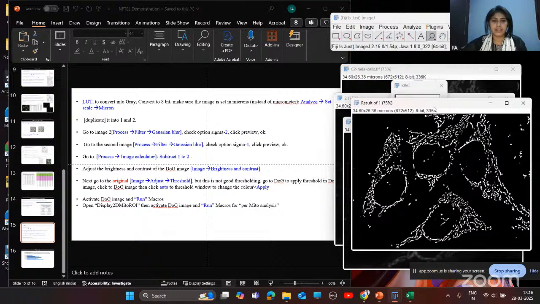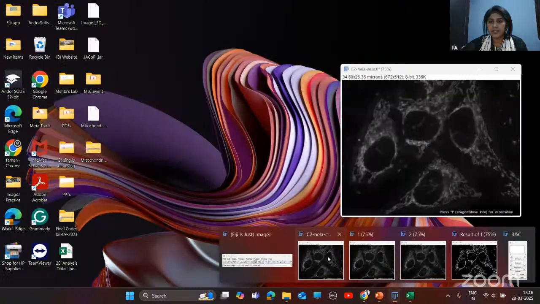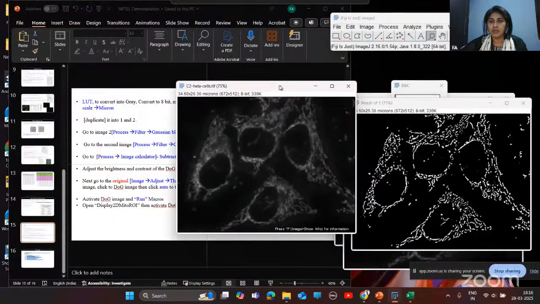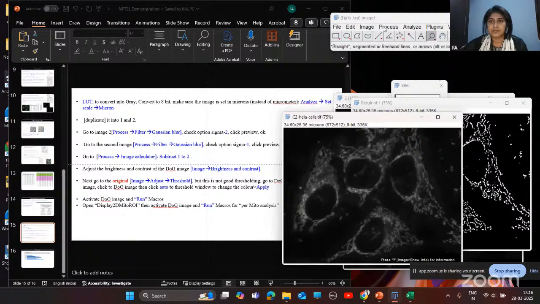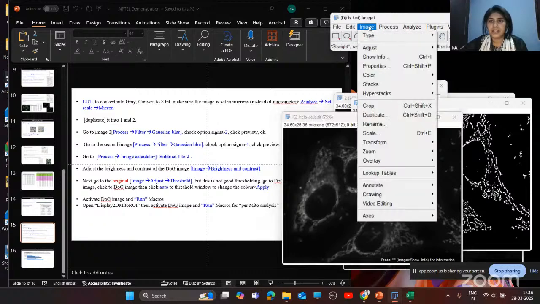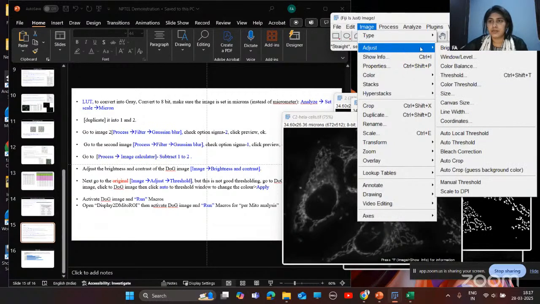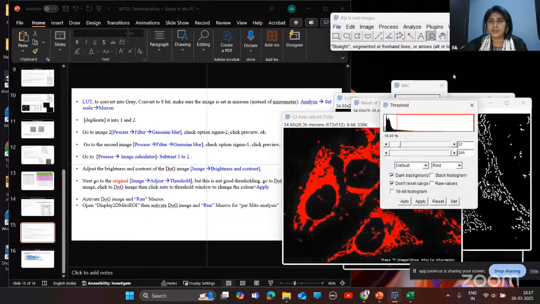Okay, again we'll go to the original image so that we can compare how nicely the background has been reduced. So next you need to do thresholding of this image. For this you need to go to image, adjust, and threshold.